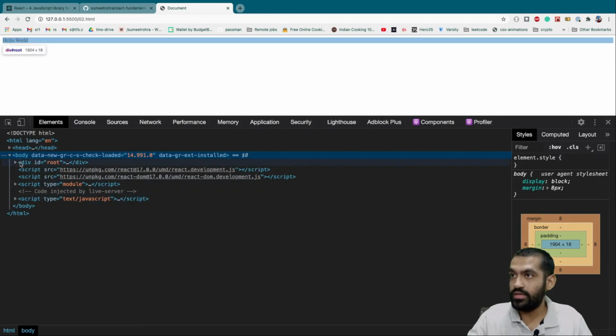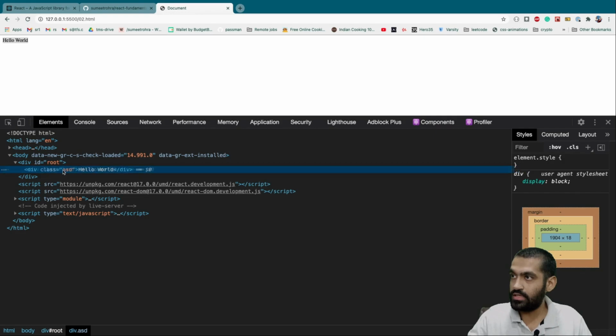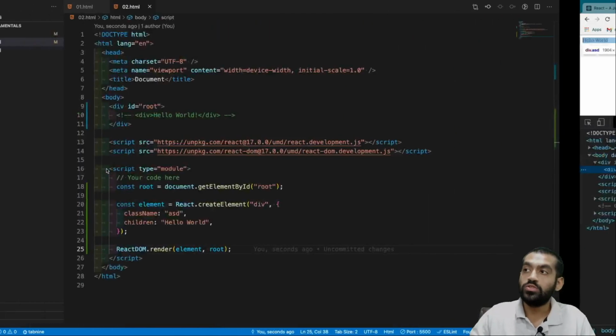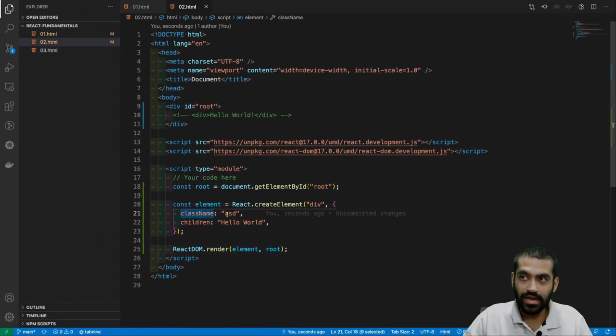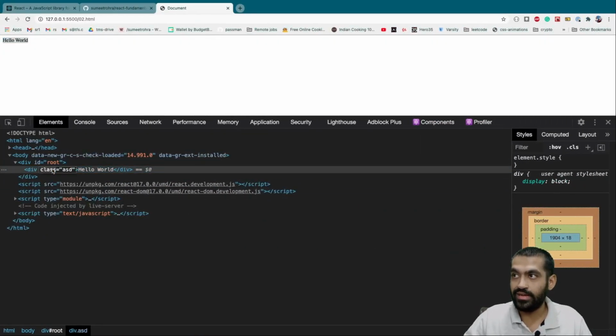Let's go to elements. We see div id root, div class ASD hello world. So essentially this className was converted to a class in React. Always remember this, in React we never use class because React is a JavaScript library and class is a keyword for JavaScript.